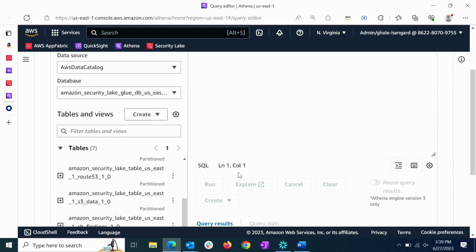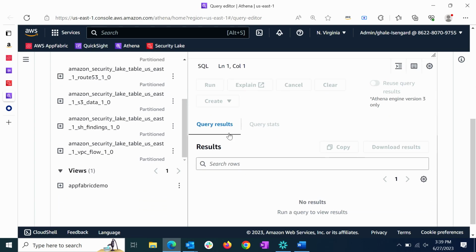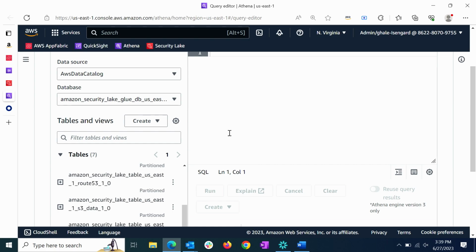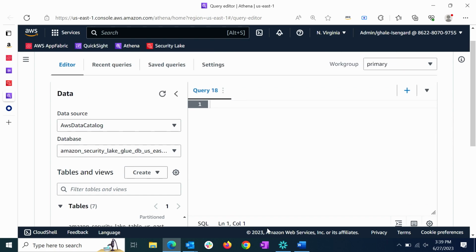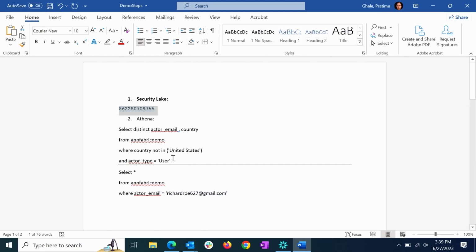Now let's say I am a security analyst in a company that is based in the US, and I've read in the press about these incidents of an international hacker group targeting companies using SaaS applications. So I'm curious, have there been any activity in my SaaS applications from outside the US? Let me just copy this